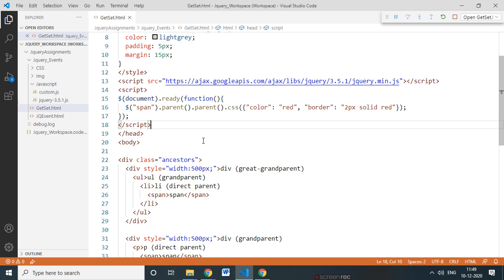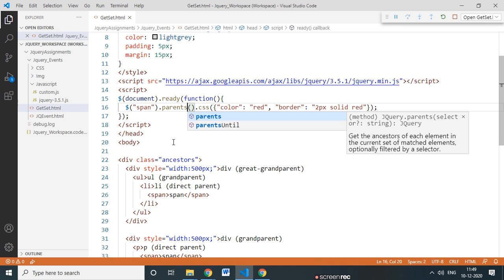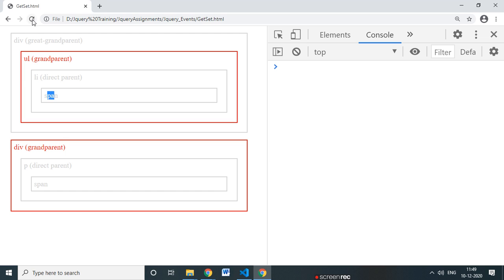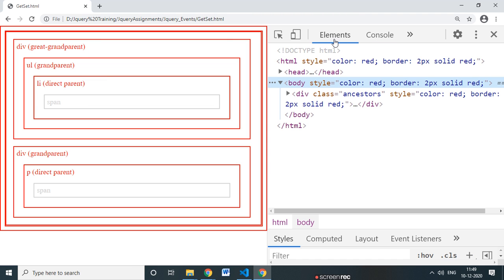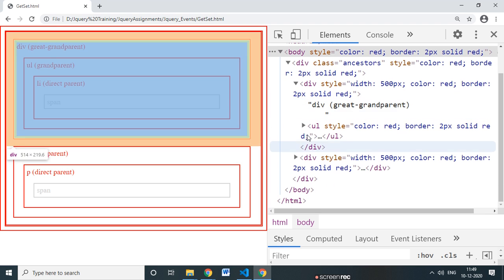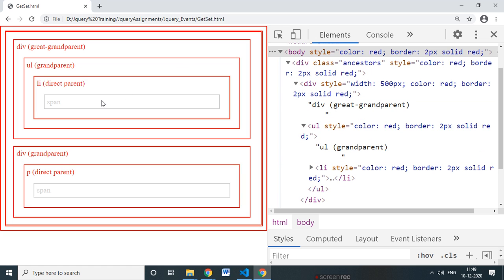Now earlier, what we were saying here: if I say parents, then it changes the border style of all the parents. As you can see here, it changed the border style of the first parent, this parent and his parent, all the parents.